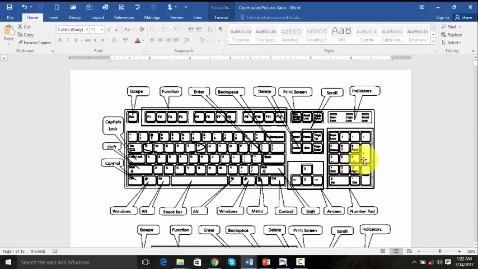Then the other part where I'm scrolling my mouse pointer here, this is what we call the numeric keypad. It is called numeric keypad because it has numbers. If you check properly on your keyboard, you discover that this part of the keyboard has numbers. So the word numeric key comes from the word number. Pad is the keys which are located here.